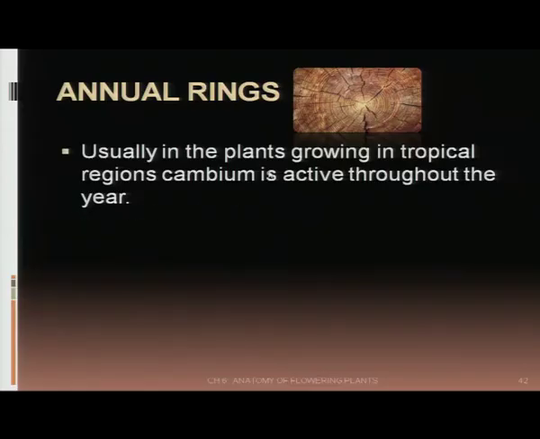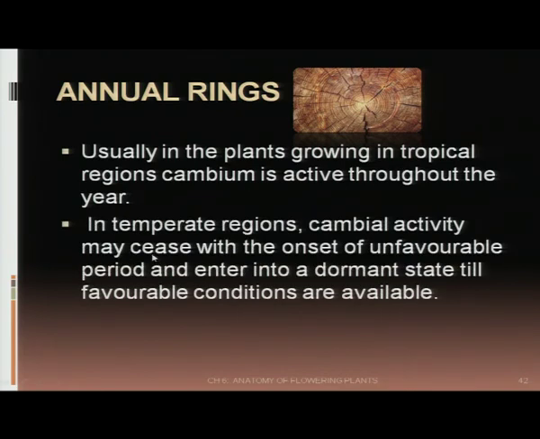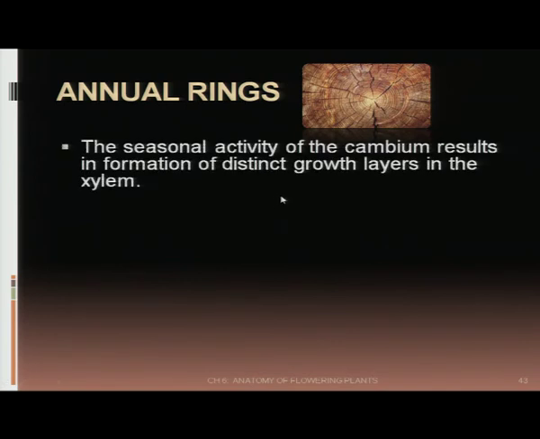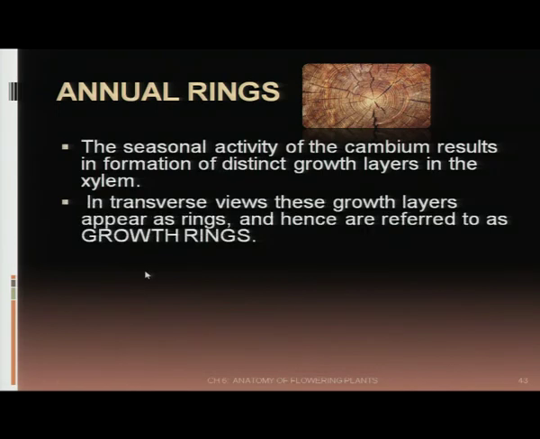Usually, in the plants growing in tropical regions, cambium is active throughout the year, but in temperate regions, cambial activity may cease with the onset of unfavorable period and enter into a dormant state till favorable conditions are available. And because of this seasonal activity of the cambium, distinct growth layers are formed in the xylem,